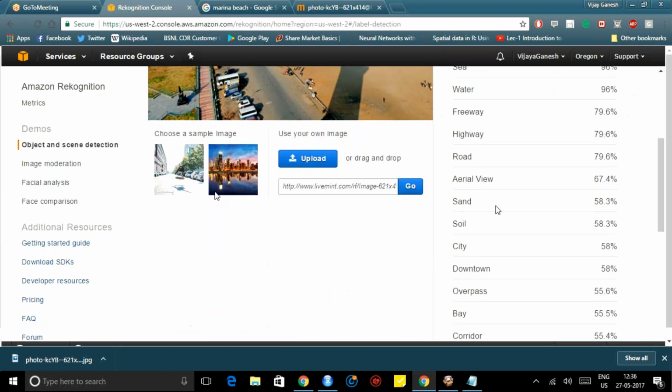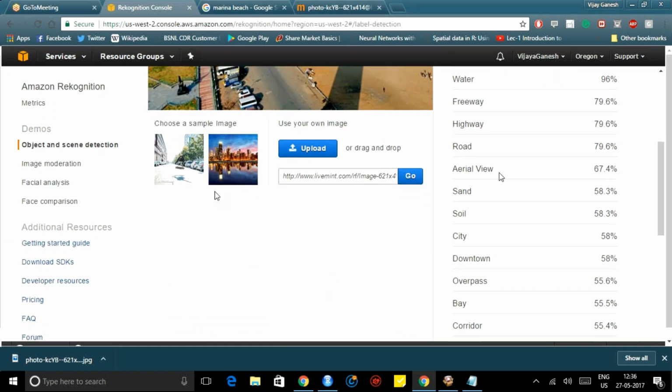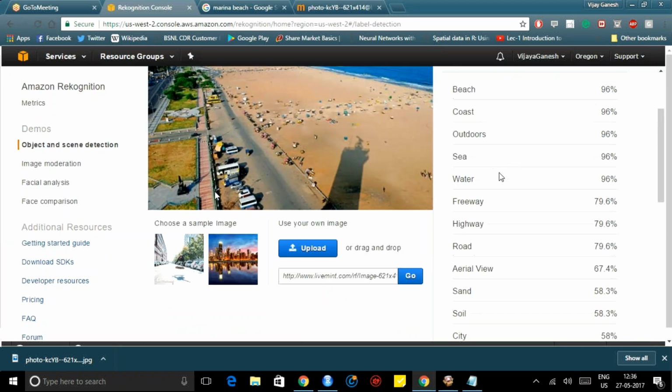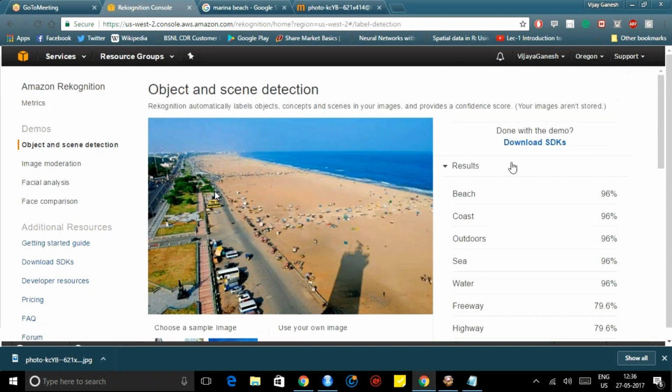Here it has even identified that this is an aerial view. Actually, if you do Google Vision API, since they do page crawling, they can even say this is Marina Beach. This one looks like Marina.